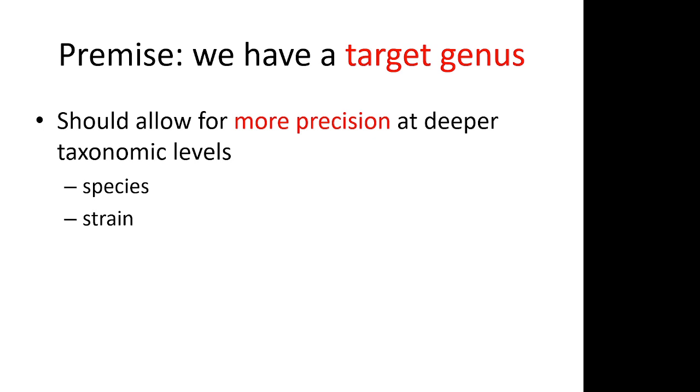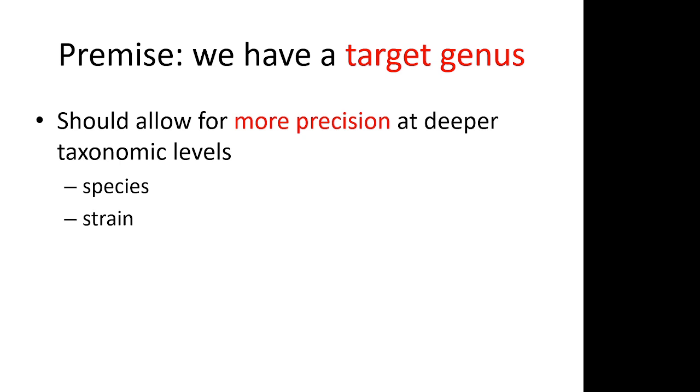But another premise that I have is that a user will provide me with a target genus. And therefore, I asked myself the question, well, if I know what the genus of interest is, what can I do to improve on these other tools which are general purpose? And the hope is that having a target genus, you will have more precision at deeper taxonomic levels, specifically species